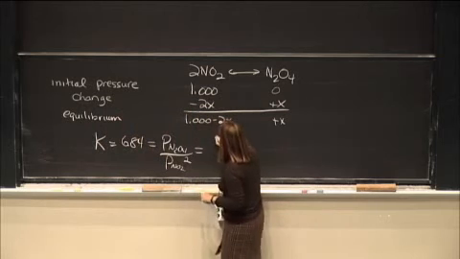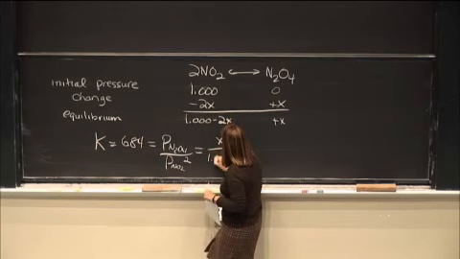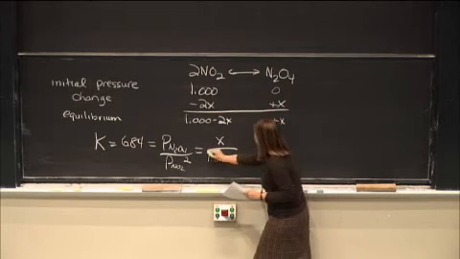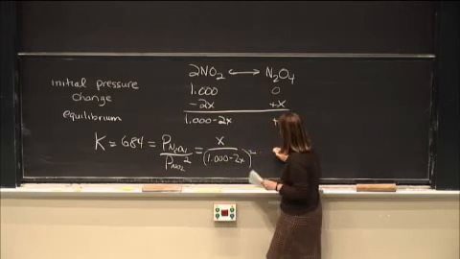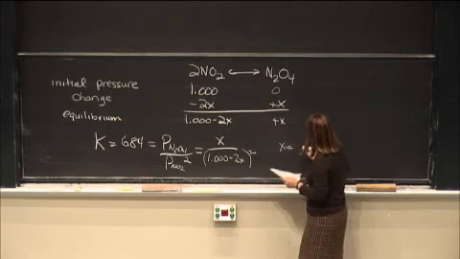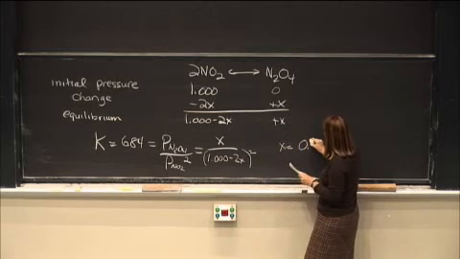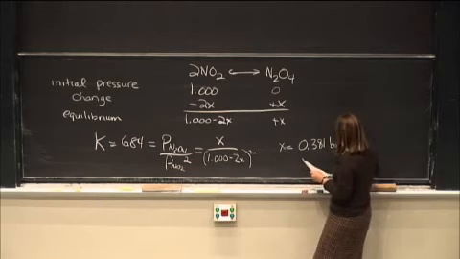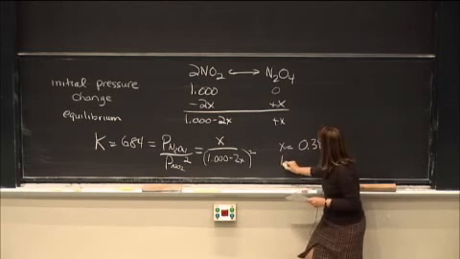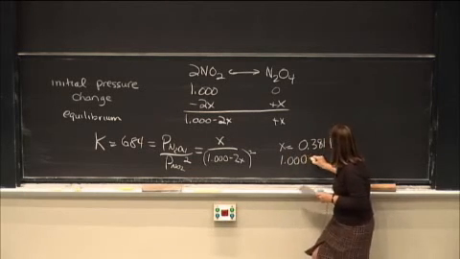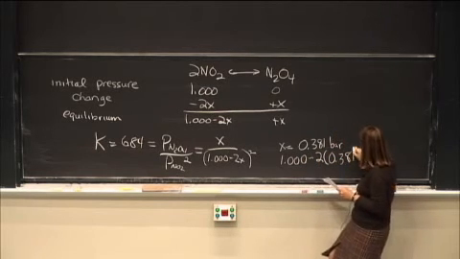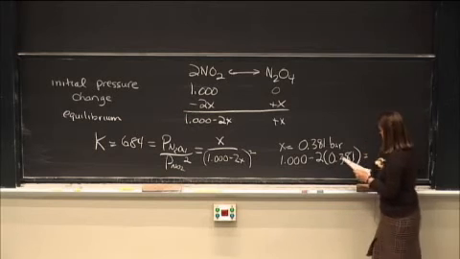So it's going to be equal to x over 1 minus 2x squared. So x, if you calculate it out, should equal 0.381 bar. And then if we do 1 minus 2 times 0.381 bar, we get